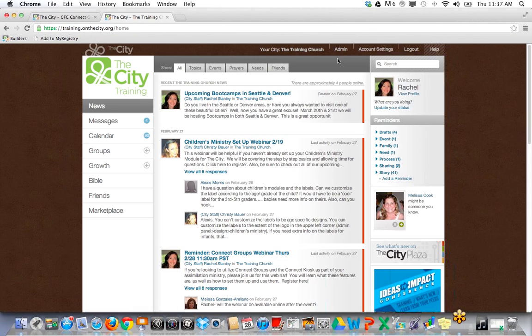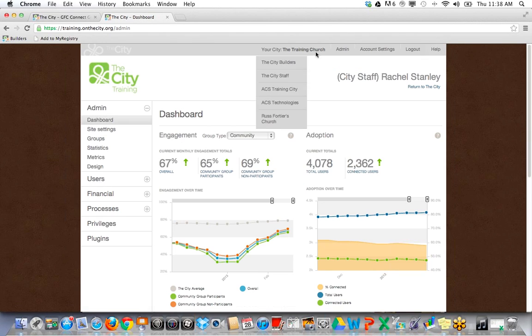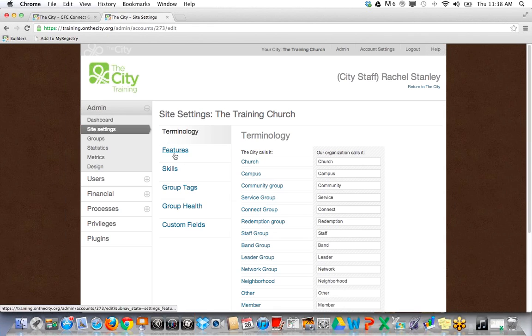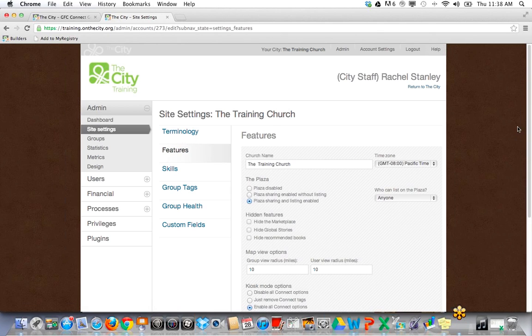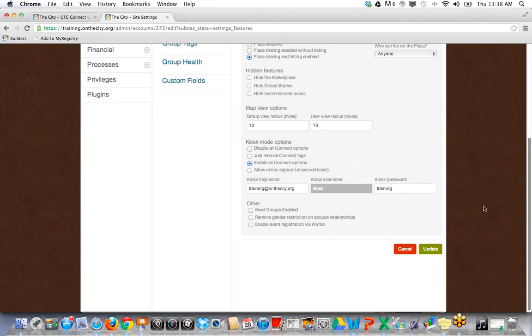So go to your admin panel. If you're an account admin, you have this site settings option. Go there and then to features. Scroll down, and this box right here, all these Connect mode options, is what I'm about to go through. First I want to mention this option, allow online sign-up and unsecured kiosk. This is an option you can choose if you want